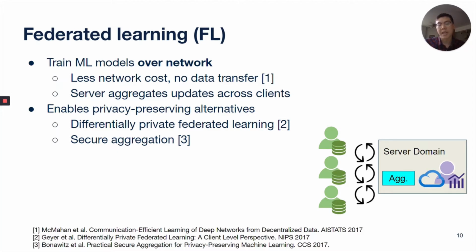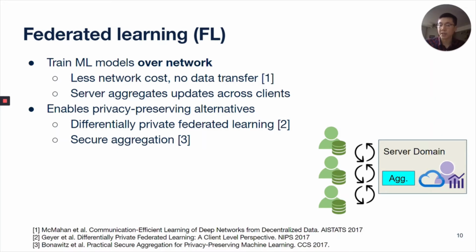The server is now reduced to an aggregator. Since the machine learning process occurs over the network, the server just aggregates model updates as they are sent in from clients. This has provided wins in privacy preservation, where techniques such as differential privacy and cryptographic secure aggregation have